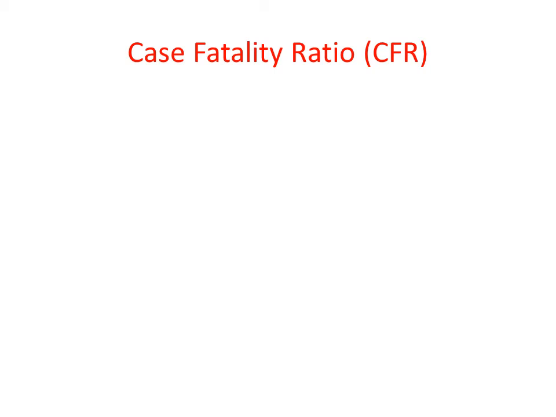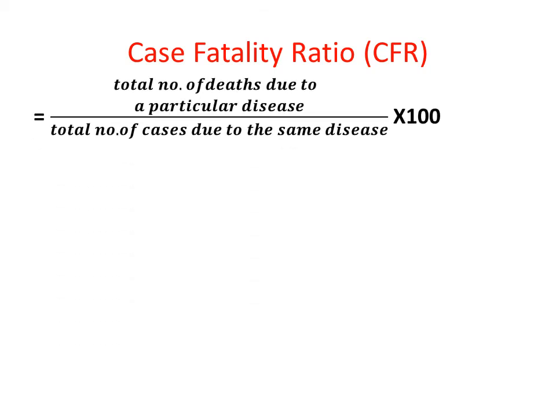Case fatality ratio. Total number of deaths due to a particular cause divided by total number of cases due to the same disease into 100. Note that it is case fatality ratio and not case fatality rate. Why is it ratio? Because